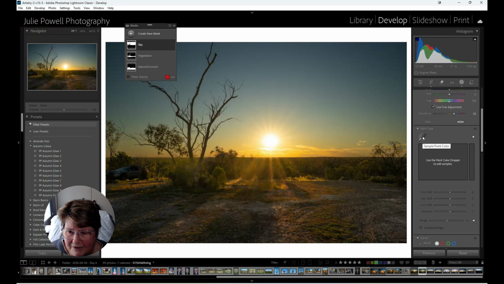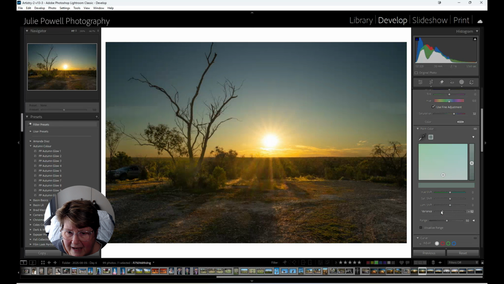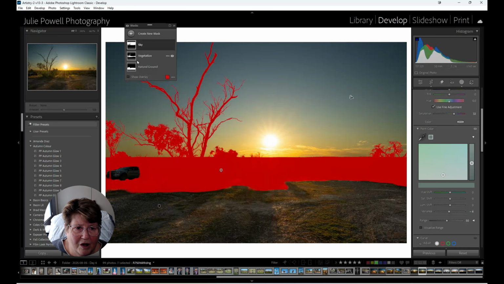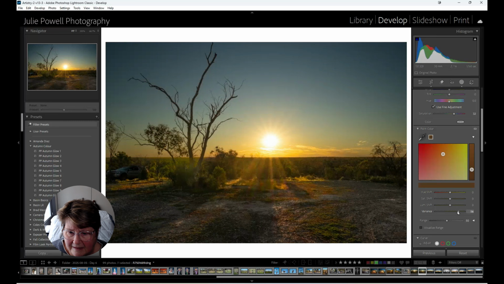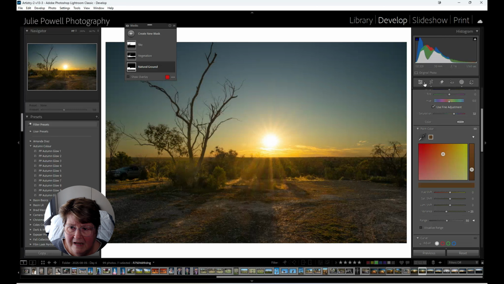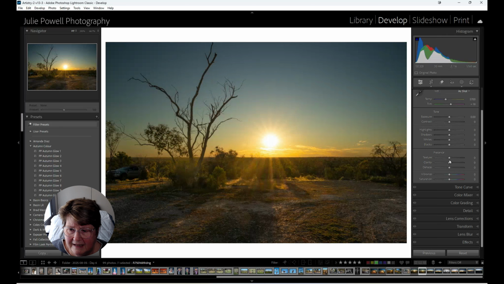You can, if you want to, come into point color and you can drop or increase the variance there with the sky color. I could do the same thing with the ground color as well. So if I wanted to create more variance in the colors or less. So if we jump out of there and jump back into our essentials,